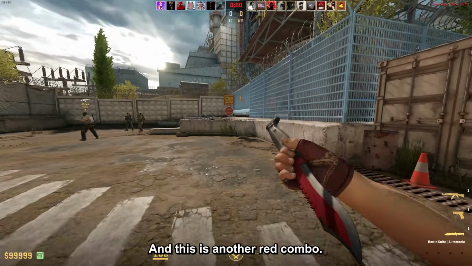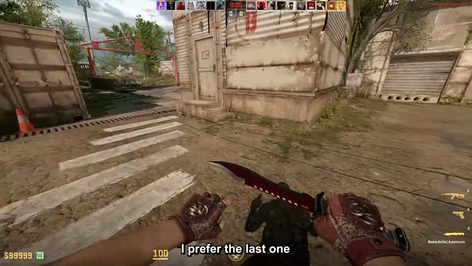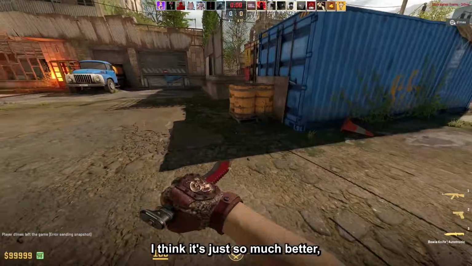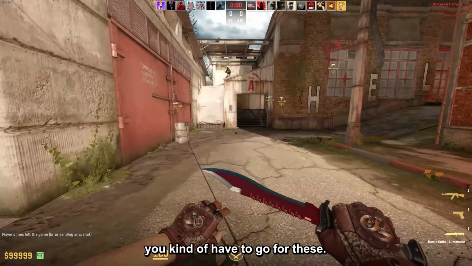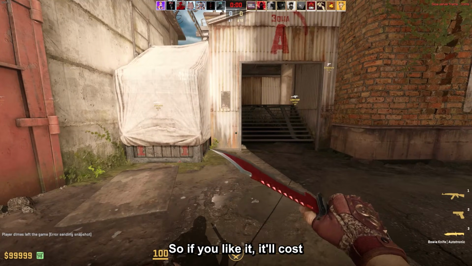And then the Bowie Knife Autotronic Field-Tested with the Broken Fang gloves Needle Point in Field-Tested as well, and this is another red combo. I prefer the last one with the Gut Knife though, I think it's just so much better, mainly because I'm not the biggest fan of these gloves, but if you want the Bowie you kind of have to go for these. So if you like it, it will cost you about